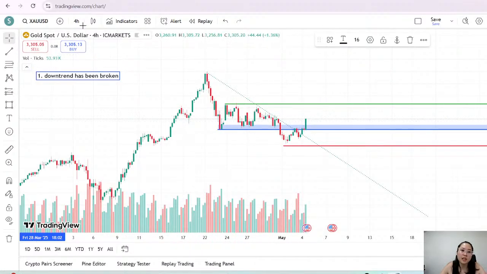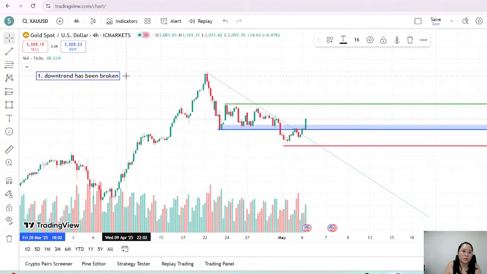Second thing is on the smaller time frame, which is the 4 hours, we can see that price was pulling back and then it has broken that downtrend trend line. So now it's kind of signaling, or giving the trader an indicator, that okay, the downtrend is over, the pullback is over, it's time for me to start rallying again. Because there's this very weak trend line here.